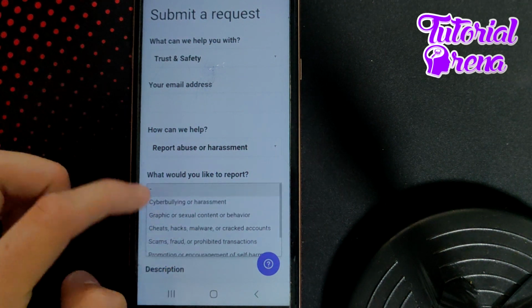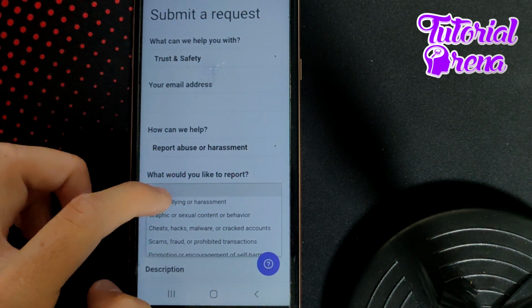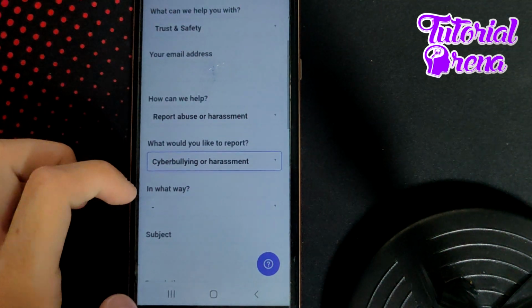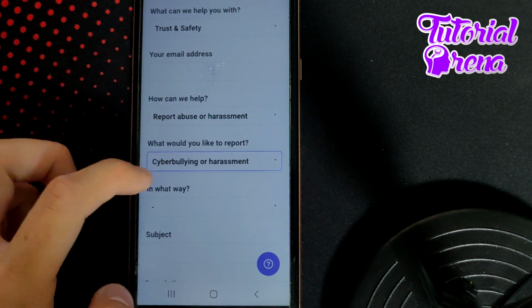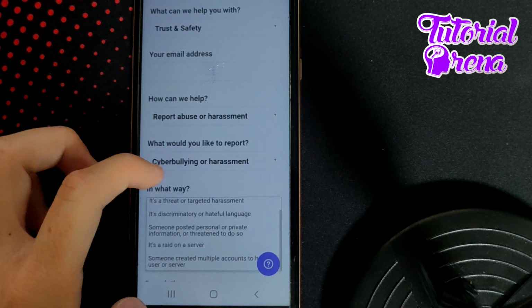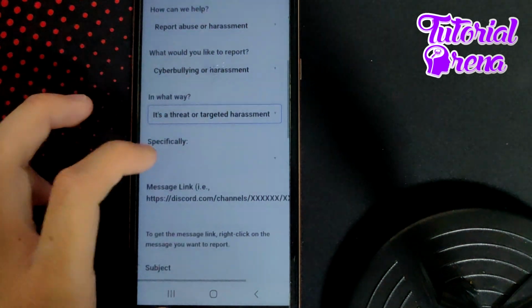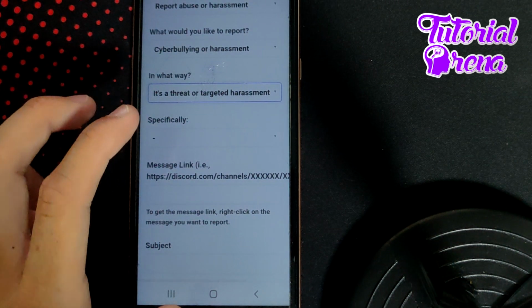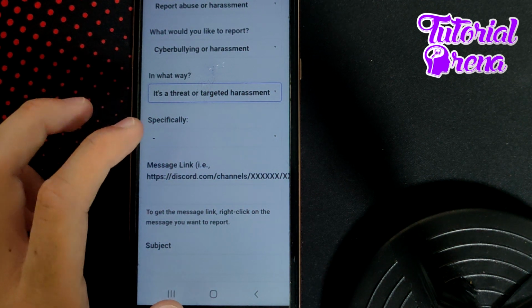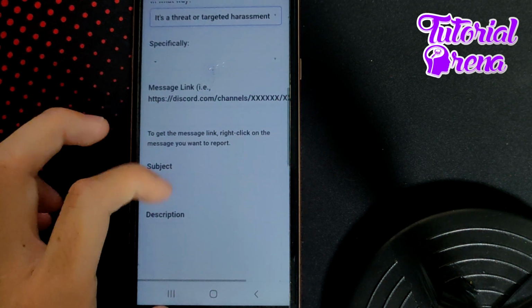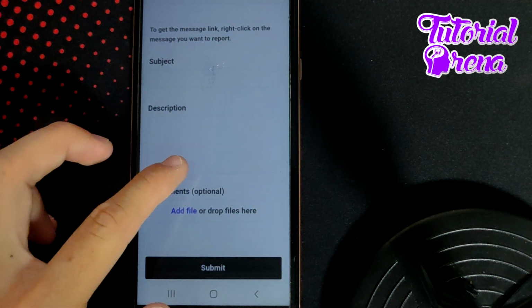I'm going to go on the first selection, which is cyberbullying or harassment, and in what way. Also you can select, for example, a threat or targeted harassment, and then you can take specifically what you want. And what is the most important right here is scrolling down and getting to that description, but